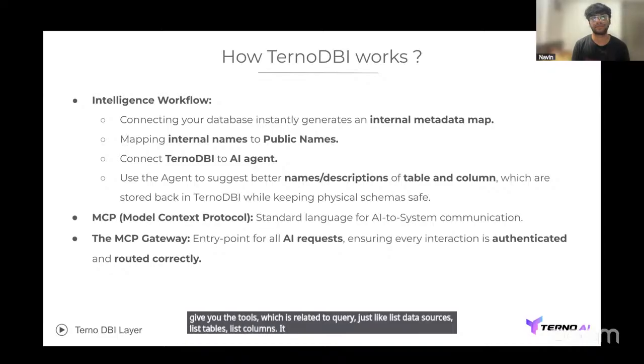It can't modify your table columns or data source. And in